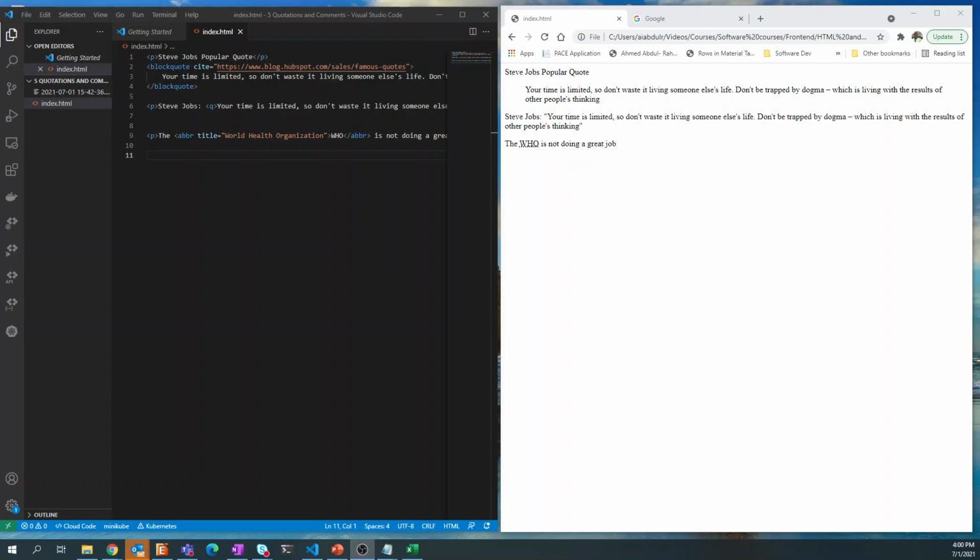We use the address element for contact information of maybe an author or an owner of a document or an article, right? So email address, physical address, phone number, social media stuff, you can use the address element. So we're gonna do an example here. So it's gonna be the address tag,